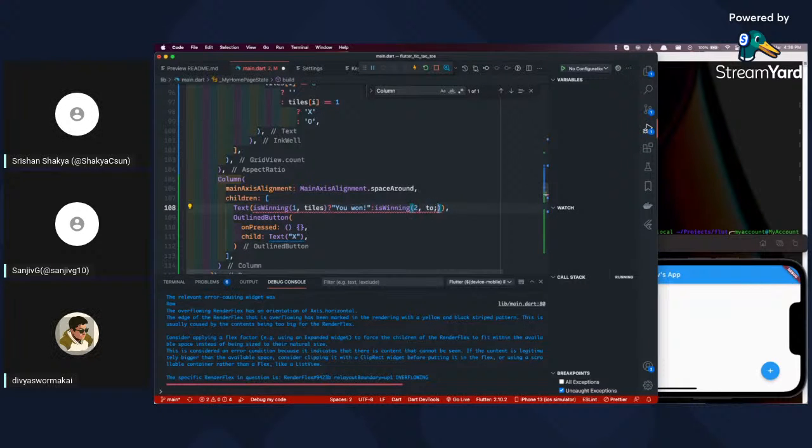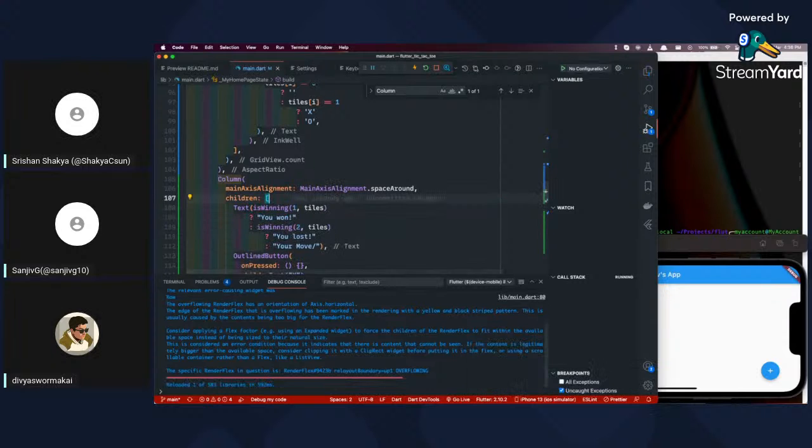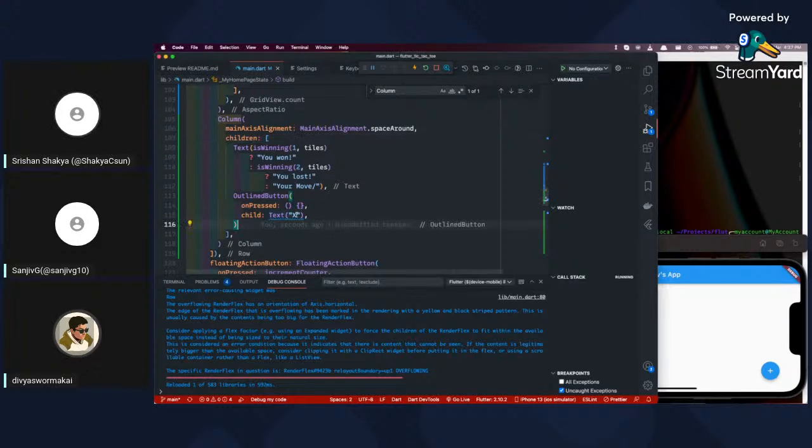We also use a GridView builder widget to draw the actual game board of Tic Tac Toe. And GridView is a combination of both. It will arrange the children in a grid, and we have made a 3 by 3 grid. If we look at the code of...